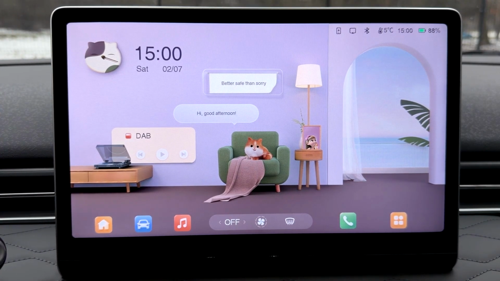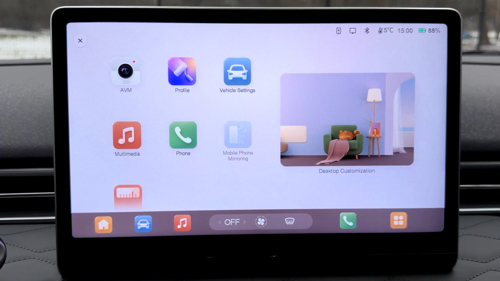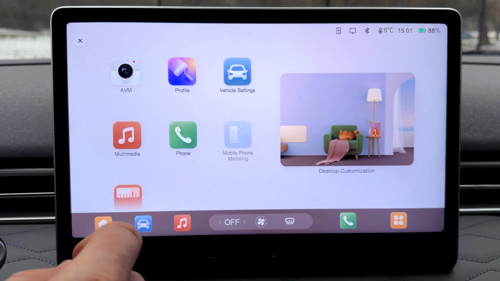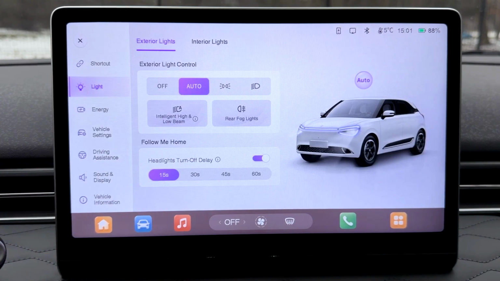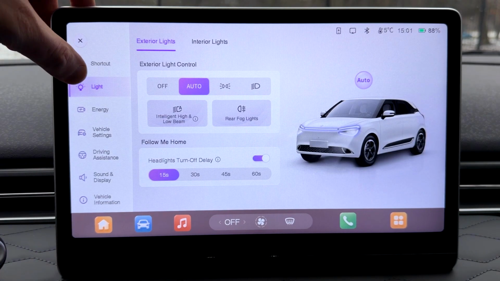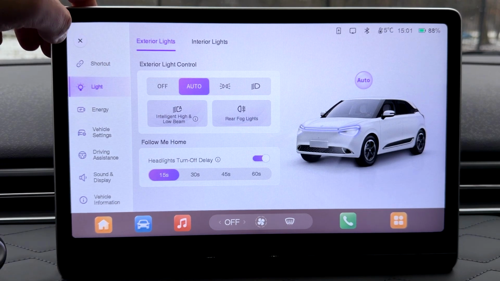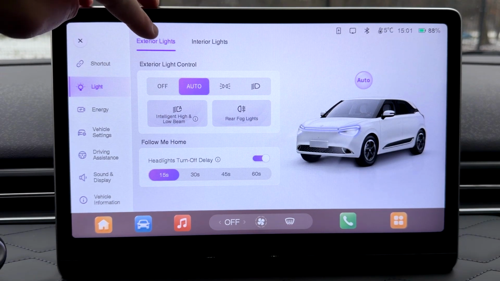Here let's use the apps icon, which is located in the down right corner right here. As you can see, here you've got a few options. Let's choose the vehicle settings, so the one with the car icon. Then let's choose the light tab, so this is like the second tab from the left, and select here exterior